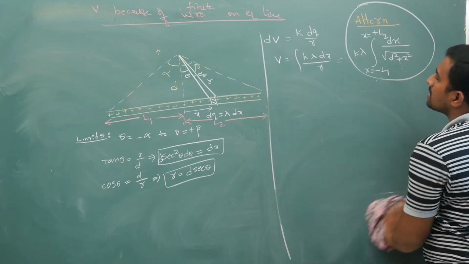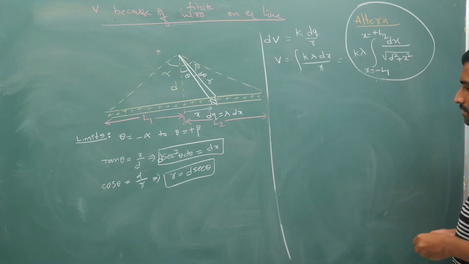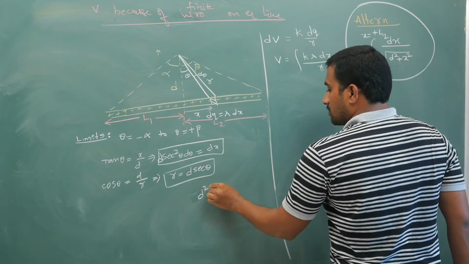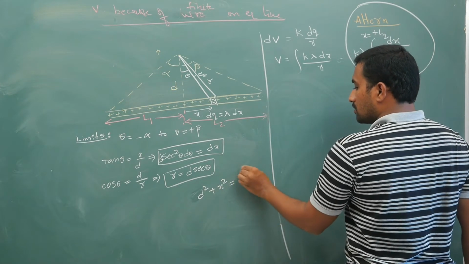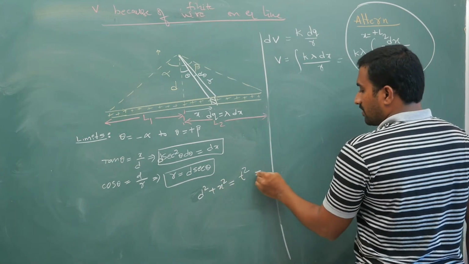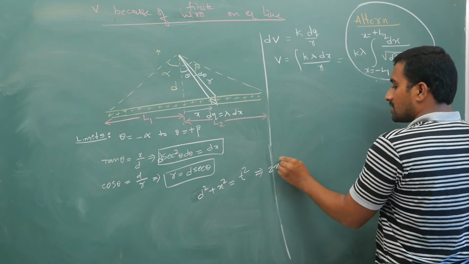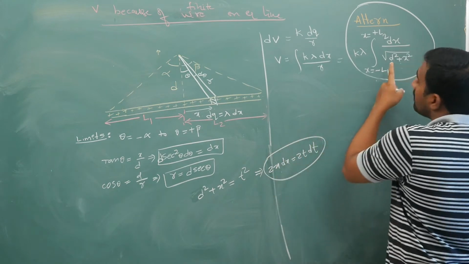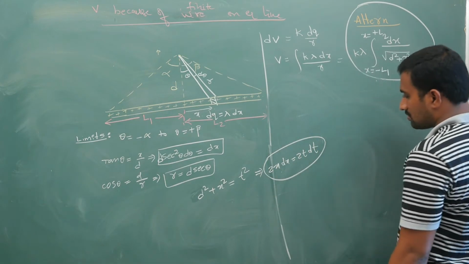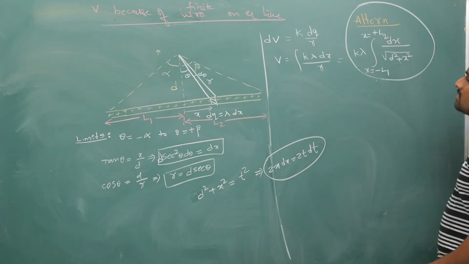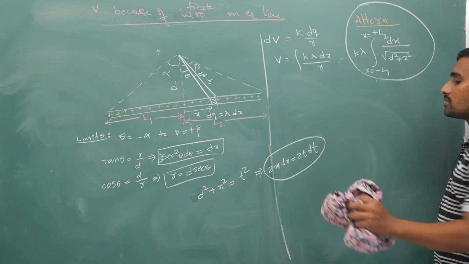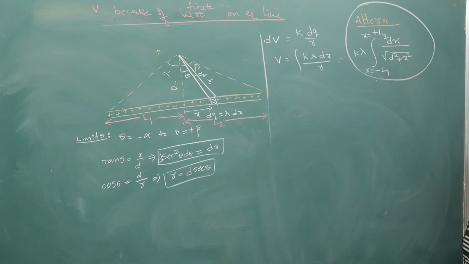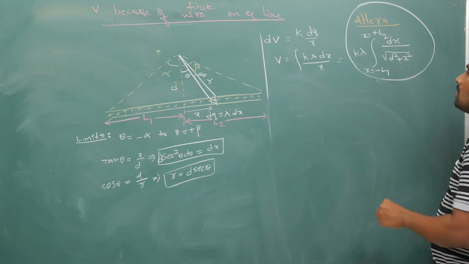So my point is, in the second method, what you can do is assume d square plus x square is equal to t square. Now from here 2x dx is equal to 2t dt, and from here dx can be replaced with, no, it's not coming in an easy manner. But you substitute that formula. I don't remember it as of now. You just refer to your maths textbooks and look at the formula.